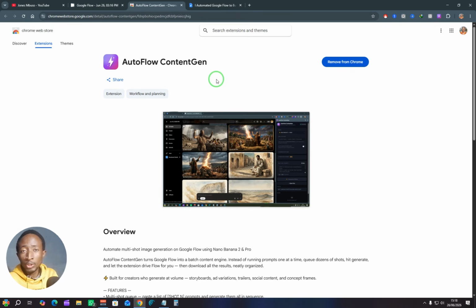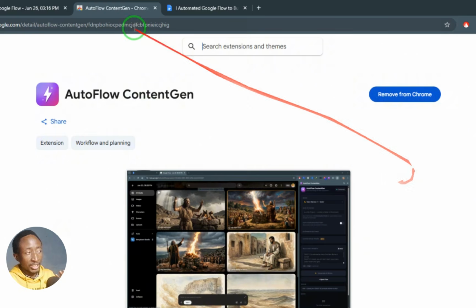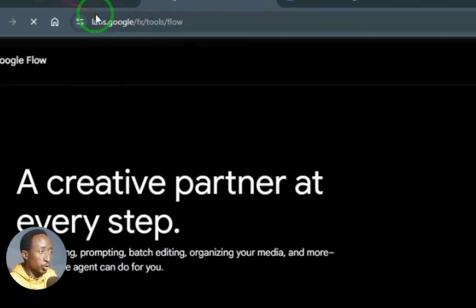First thing you want to do is to install the Chrome extension. So I'll leave the link in the description, and when you click that link, it will bring you to the Chrome Web Store, and you see the extension known as Autoflow Content Gen. So you just have to click right here, it will show you install. So you click right here and approve the installation process. So once it is installed, come over to